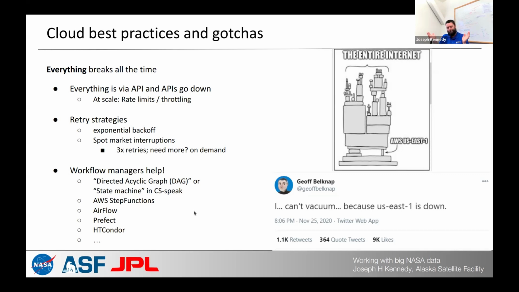If you're a computer science person, you're going to hear the terms directed acyclic graph or state machine to mean workflow manager. There are subtle differences, but that's the CS speak for that kind of thing. So AWS Step Functions are state machines that allow you to map workflows. That's actually what we use at Hype right now. They're cheap, they're easy-ish, annoying to write, but it's built in. There's also Airflow